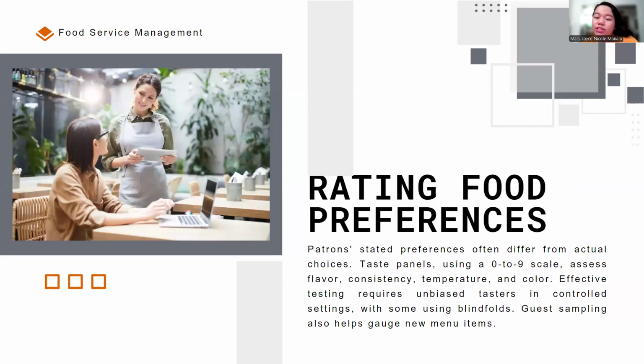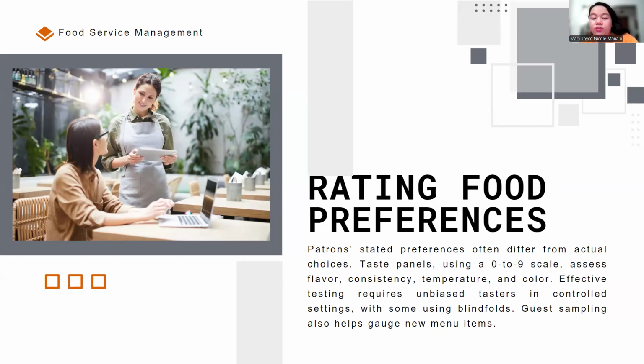Patrons' food preferences are shaped by habits, but don't always match actual menu choices. So, studies such as those conducted in the military reveal discrepancies between stated and selected foods. To address this, establishments use taste panels to evaluate potential menu items based on flavor, consistency, temperature, and color, using a 0 to 9